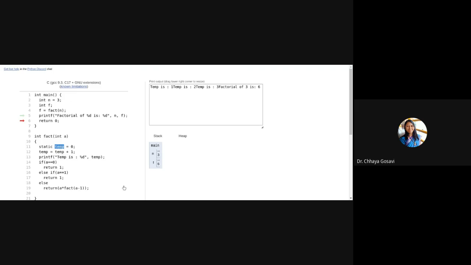Whenever you return from the main function, then memory allocated to temp will be released. Its scope is within this function. I cannot write temp in main. I'm not able to access variable temp in main because it is defined in factorial, but its lifetime is throughout the program execution, not bounded to that particular function.